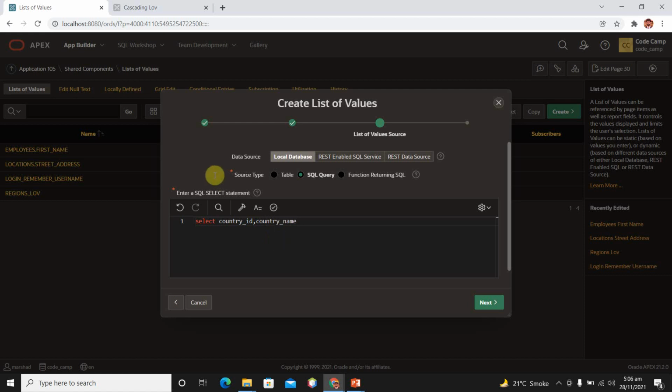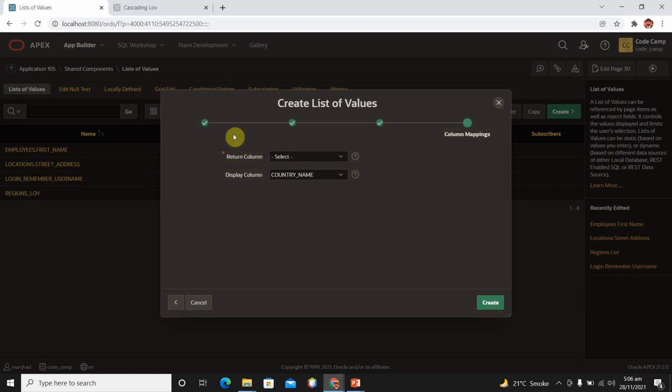Sorry, country name must be the first column because we want to show the country name, and then save country ID in our database, from countries. Validate your query, so it is validated. Next, here we have the return value as country ID and the display value as country name.